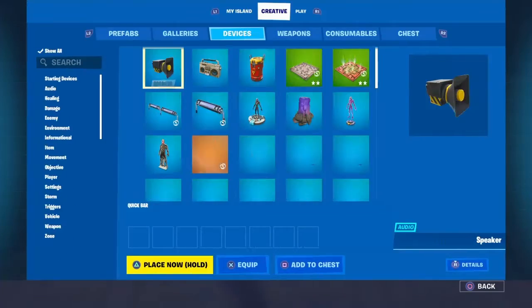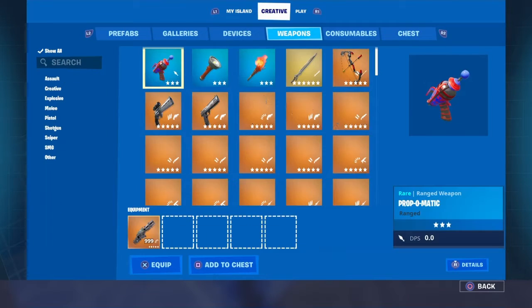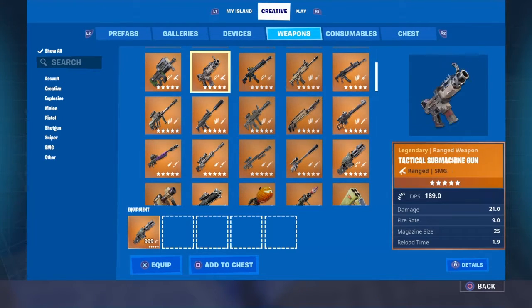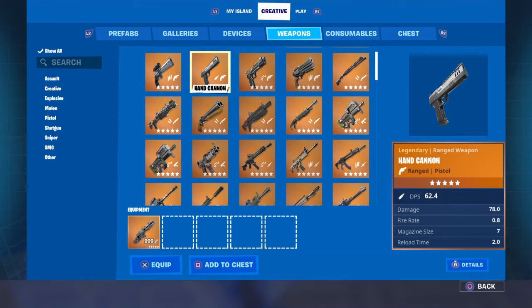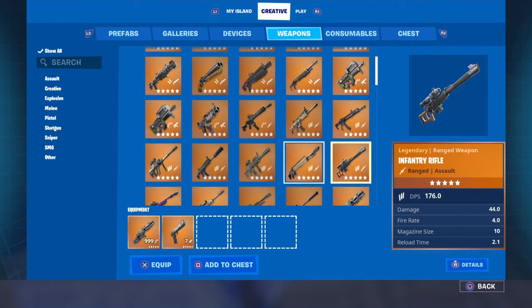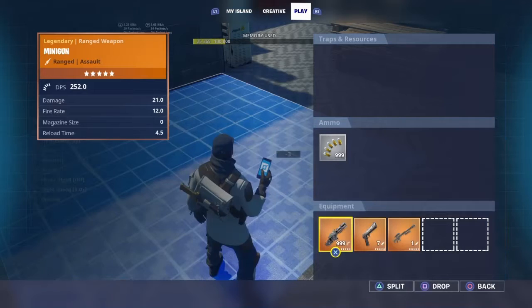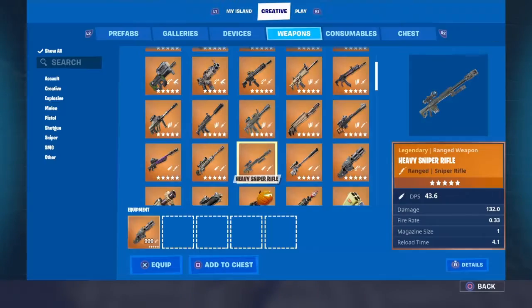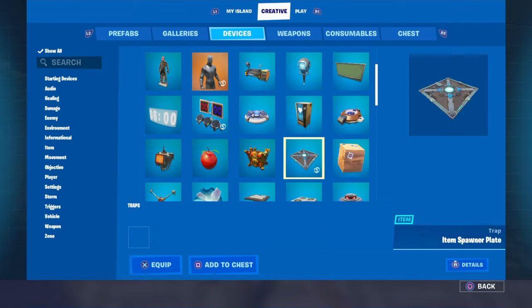And what I chose is items that aren't in the game anymore. I mean, pretty sure. Wait, it's not in the game. The hand cannon isn't in the game, right? Wait, I don't think it is. I don't know actually. But I chose this one, and I chose the heavy sniper. I know the heavy sniper is actually vaulted. And for the key card, I used an